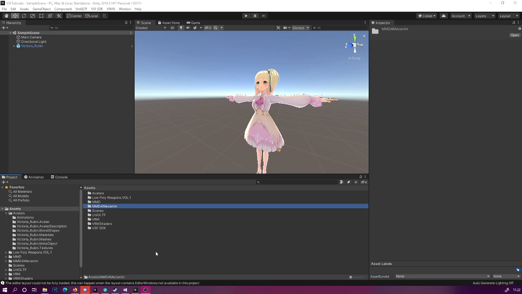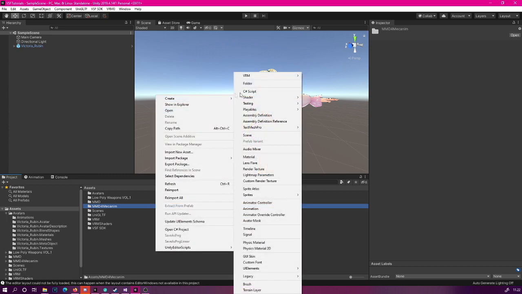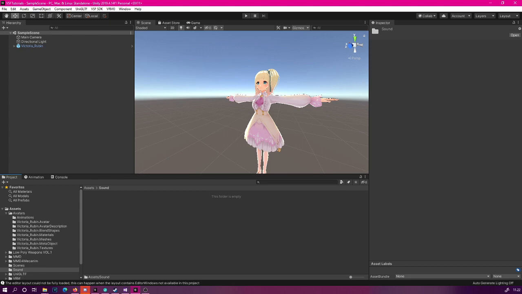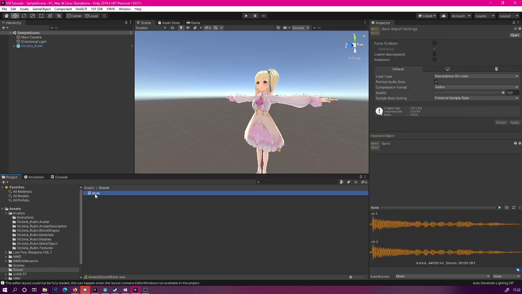I'm going to create a new folder first and call it sound, and now I will simply drag in the sound file. There we go, the sound file has been imported. You can always adjust these settings if you want. You can set the audio to be forced to mono, for example. This might work quite well in many cases.